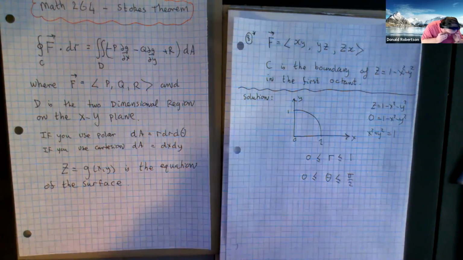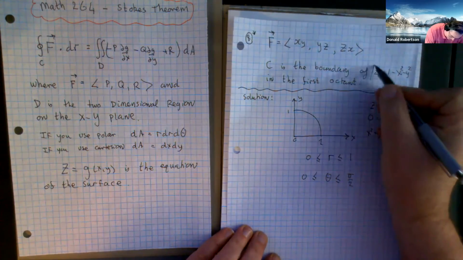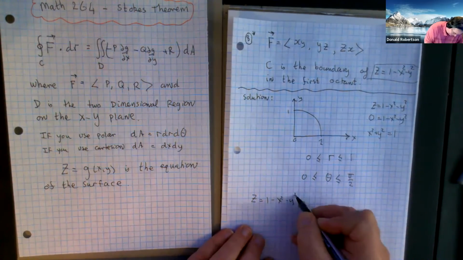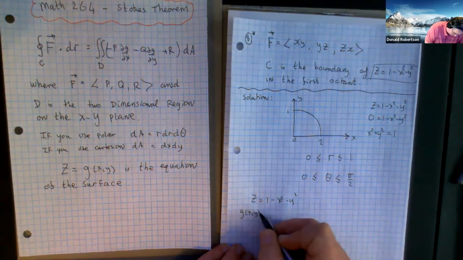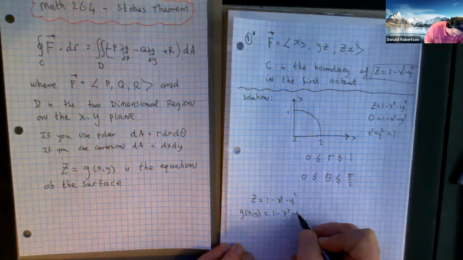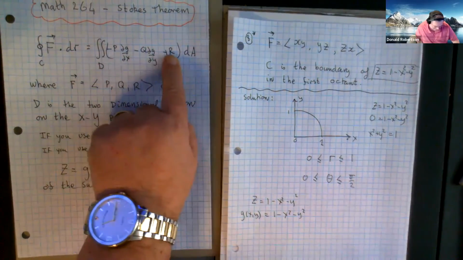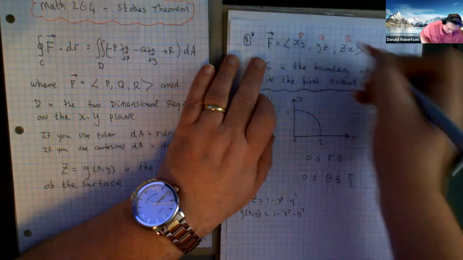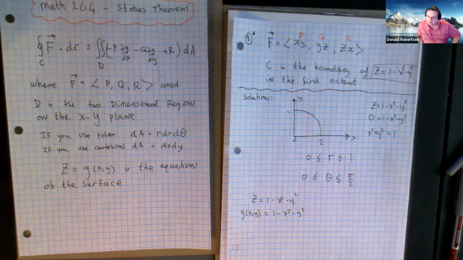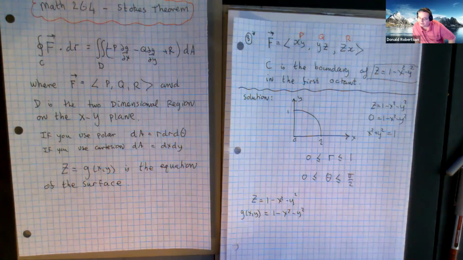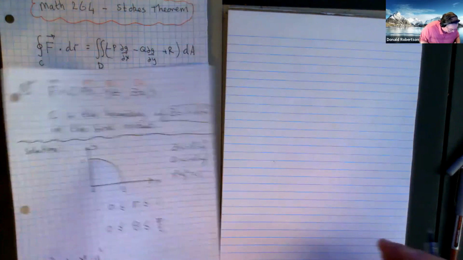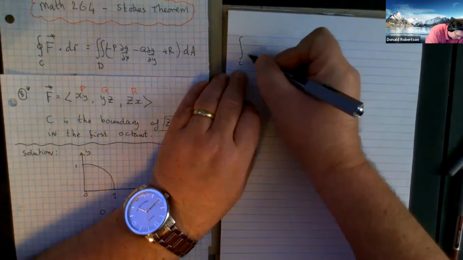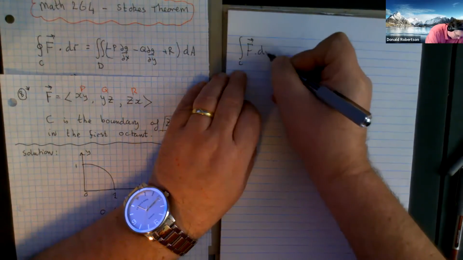Now, we should be able to get some other pieces. That guy there is our G. So we now know that guy, and we need it for this bit. We've got P, we've got Q, and we've got R. I think we've got everything ready to go. Got all the ducks in a row. So the line integral, that's this guy,